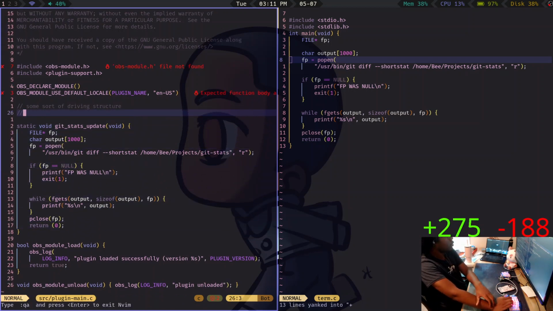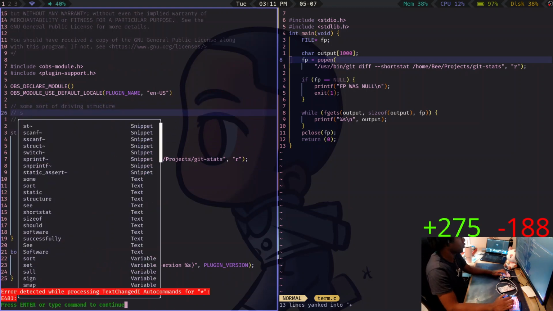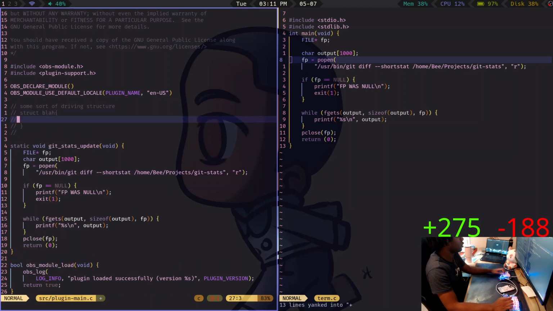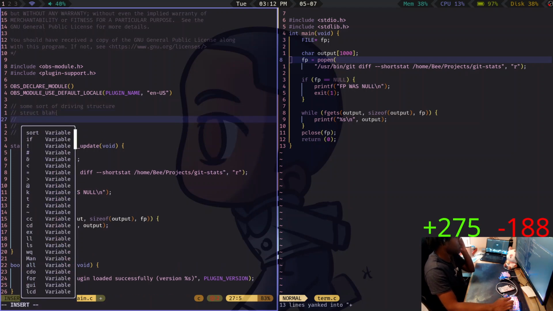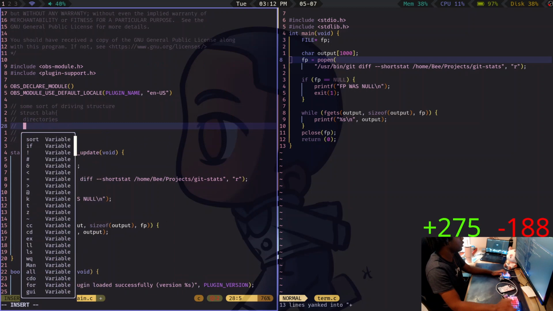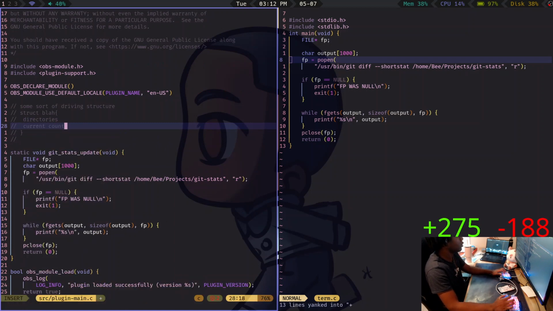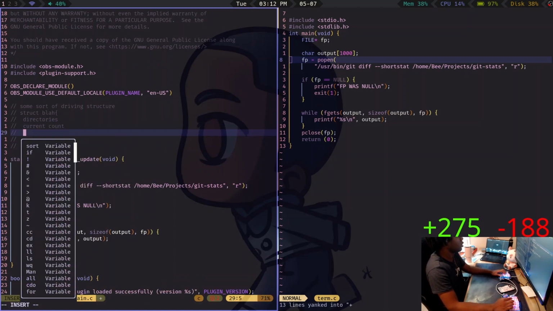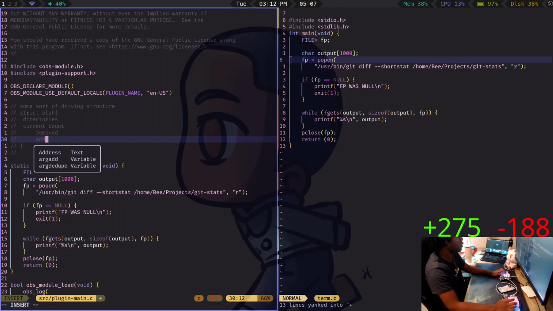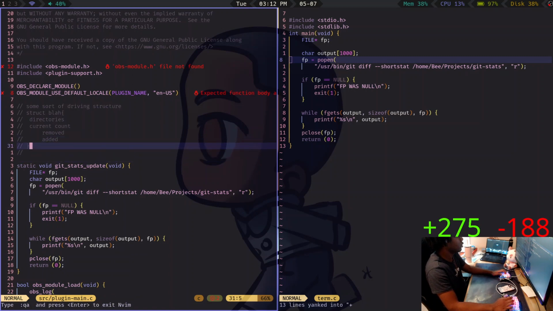So it would have to be in this data struct. So we would at least need directories, and then we would need current count, and then in here would be removed, and then added, and what else? That's all I need.